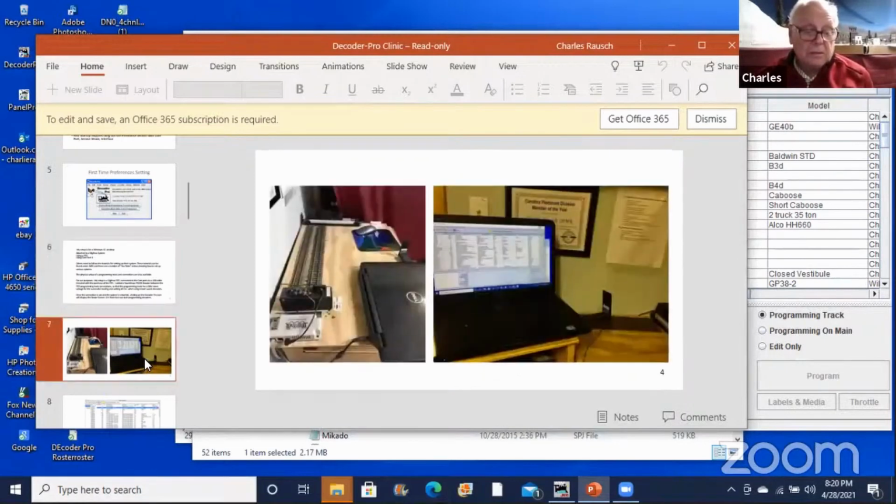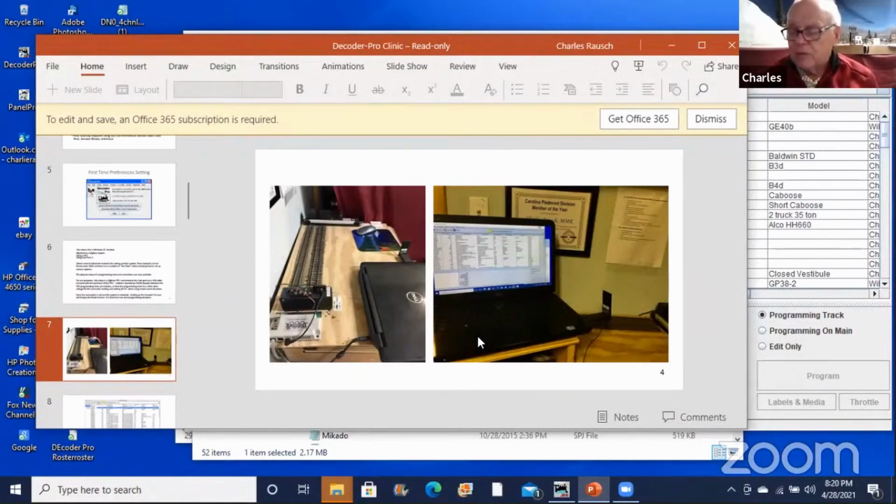All right, here is the setup. This is where I am right now. You can see I have a programming track, and there are 2 tracks there. One is HO, and the other track is ON3. I'm an ON3 modeler, but I also do a lot of HO work. You can see the Digitrax PR3 is the white box just below the 2 tracks. And if you notice, there's a black box that wires are running into. And that black box has what they call